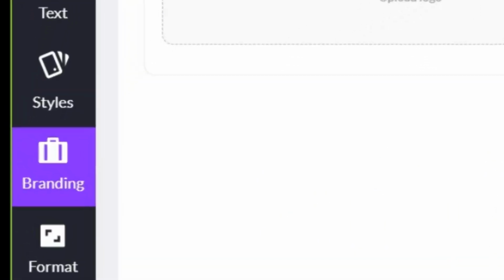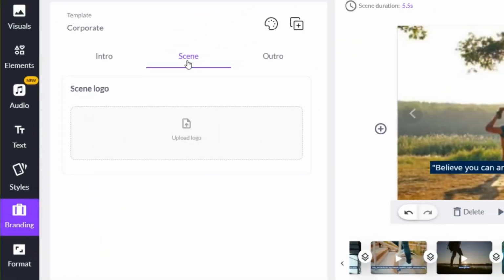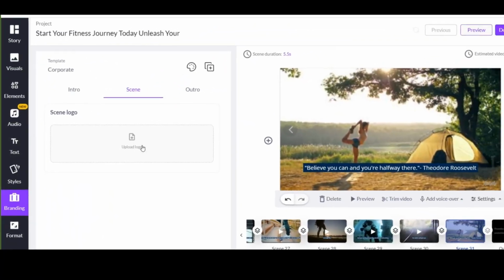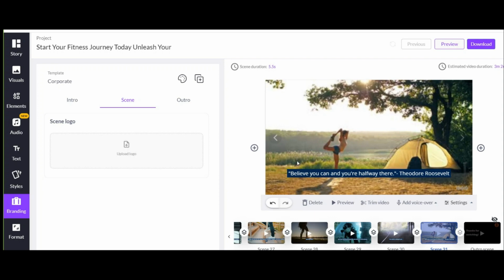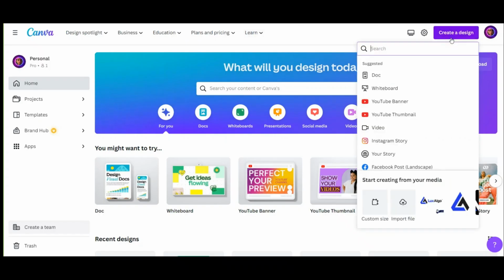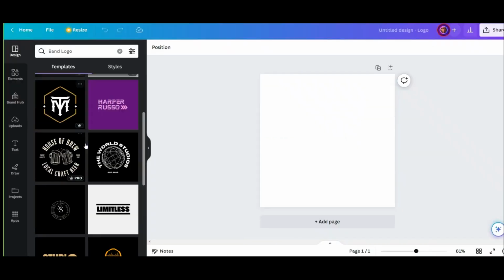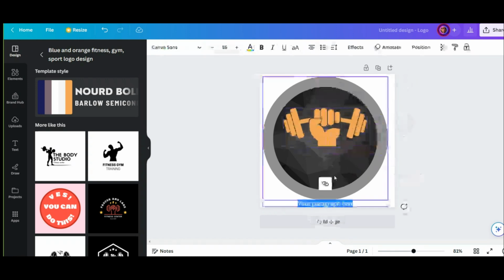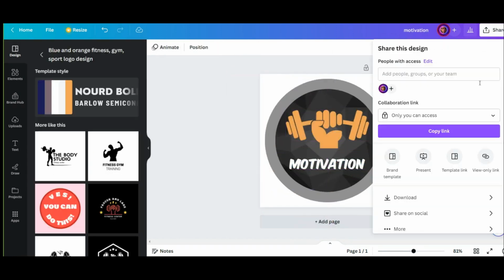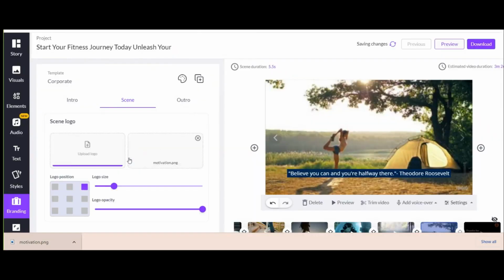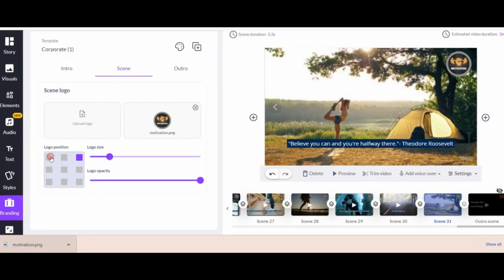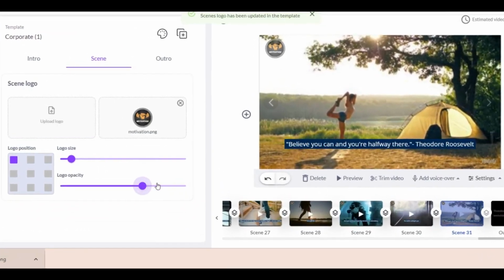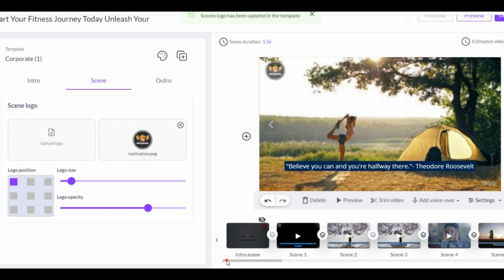The other part is related to your brand. If you like, you can upload your channel logo in this section like this, and after uploading it, display it in the whole video. If you don't have a logo and want to create it, you can use Canva. Click here and search for brand logo. Here you have so many templates. Choose one of them, or if you want you can search in the elements to find what you want. Then download and upload it in Pictory. You must have seen in different videos that people put their logos in different places. Here you can also choose a part to display the logo and apply your desired settings.